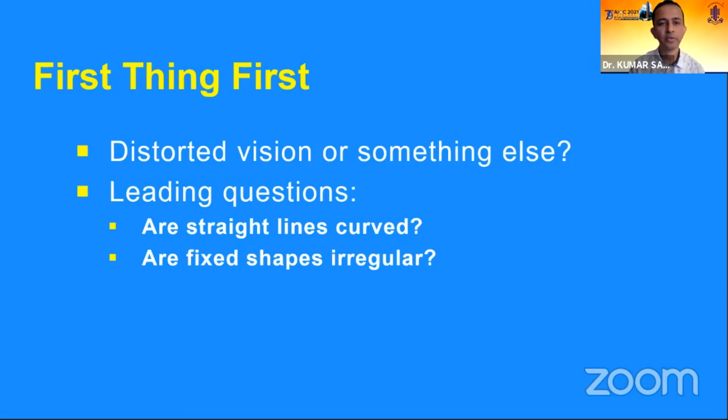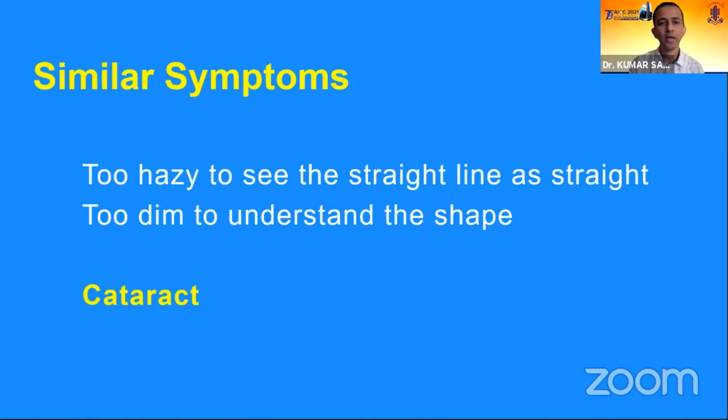So we'll have to ask leading questions: are the straight lines which the patient is seeing curved, or are the fixed shapes appearing irregular, a circle appearing as something else. So this is actually what distorted vision should be. And there are similar symptoms with which a patient can tell that he is having a distorted vision, and we have to make sure that we are dealing with the distorted vision symptoms, because the interpretation and the workup will be